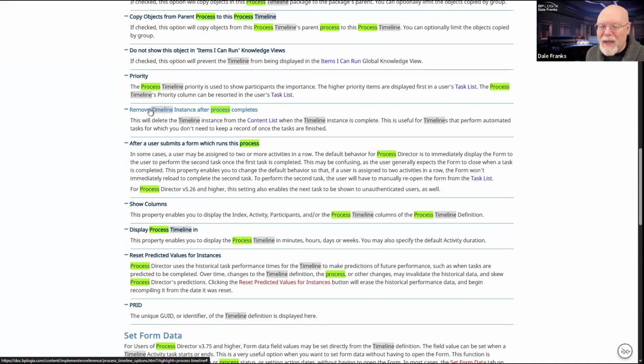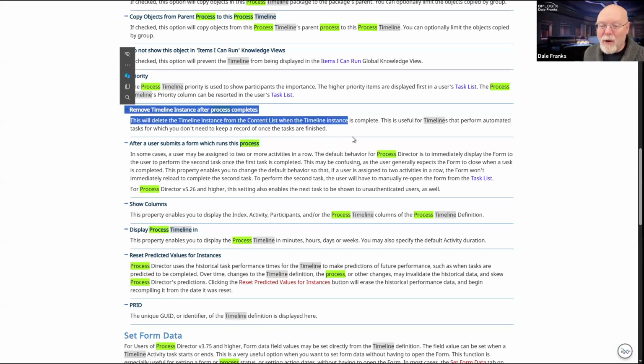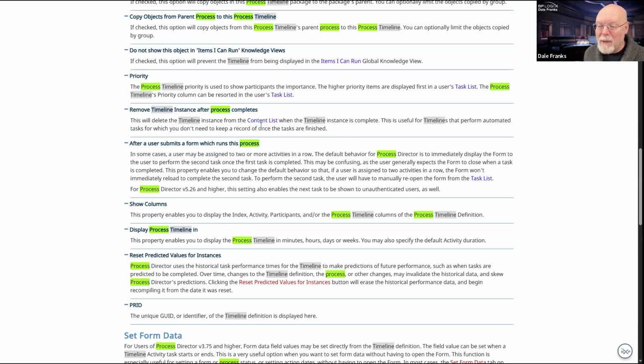But in actuality, it is searching for both the words process and the word timeline. So it's looking for any topic that uses those two words. So if the topic just said this, even though I searched for process timeline, this is a valid search result because it contains both the word process and the word timeline, not even in the correct order.